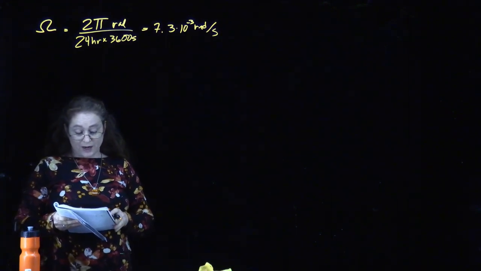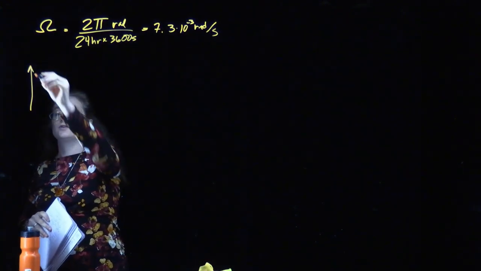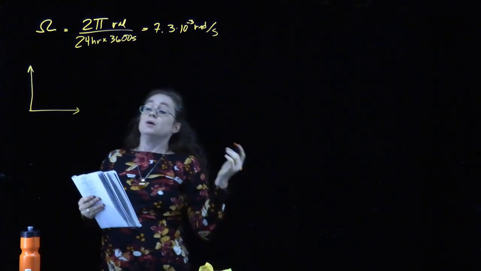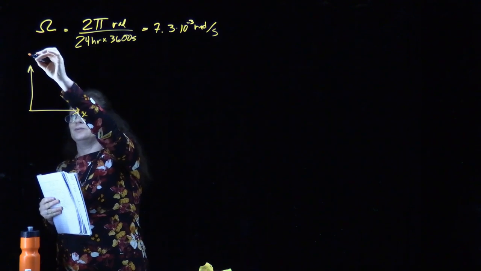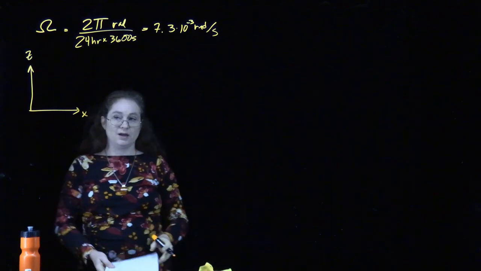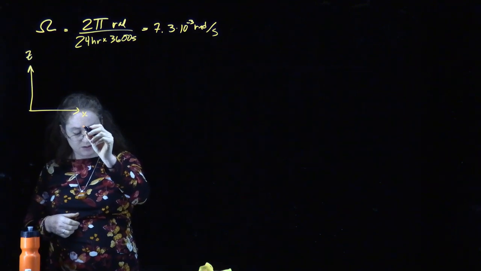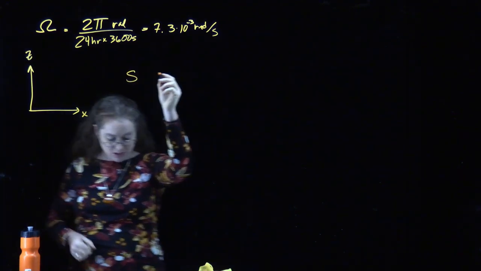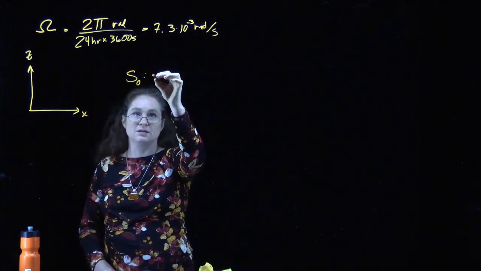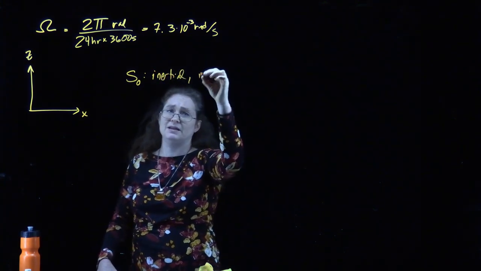So the 2 frames that we're talking about have a common origin. We have something fixed to, let's say, the center of our galaxy, although it's not entirely obvious what your stationary frame should be, and then we have a frame which is rotating with the Earth. So that stationary frame is going to be S naught. This is inertial, but it's inconvenient